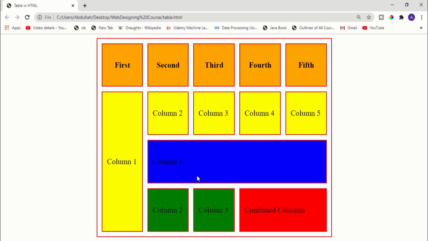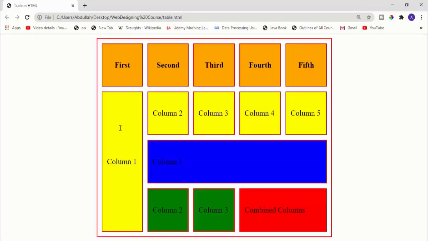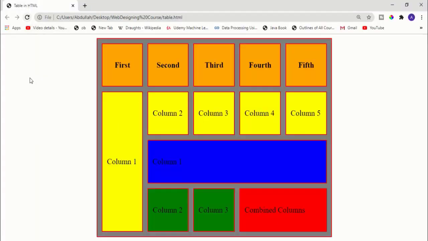So we are adding the colors. Another thing is that you can add color to your whole table as well. So you can say bgcolor is equal to gray. If I save this file, go back and refresh it, you can see your whole table has become gray. That's how you will use the tables.